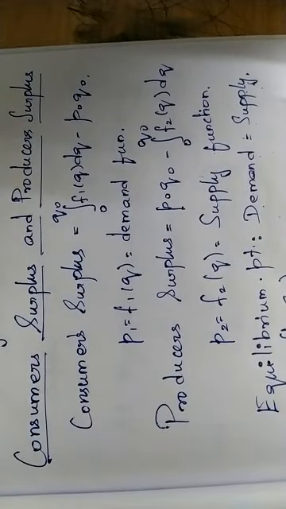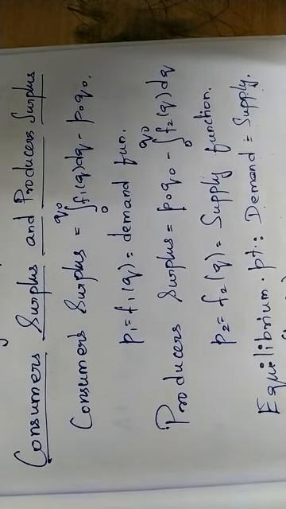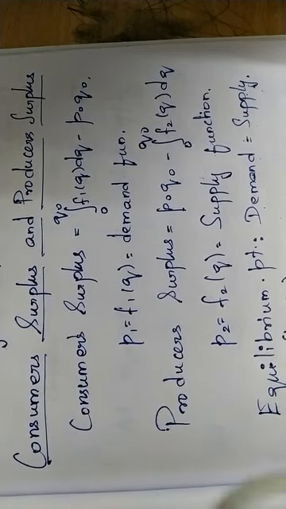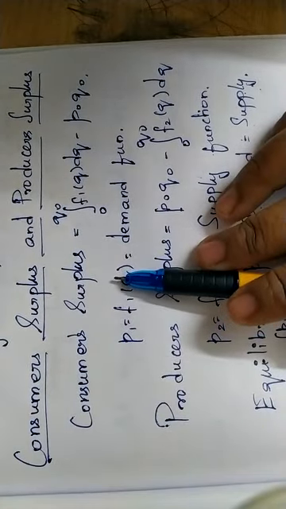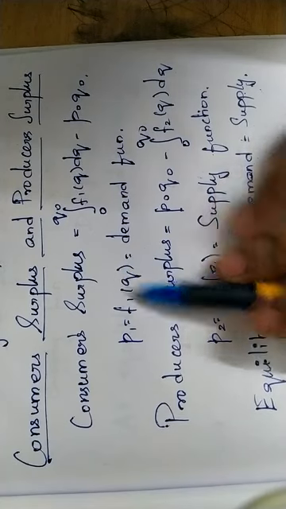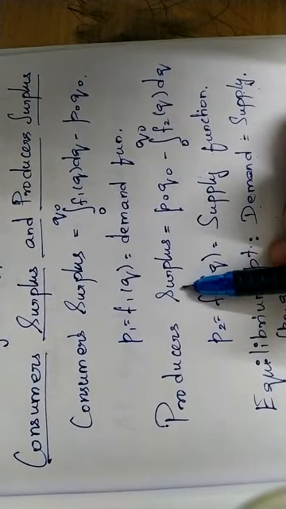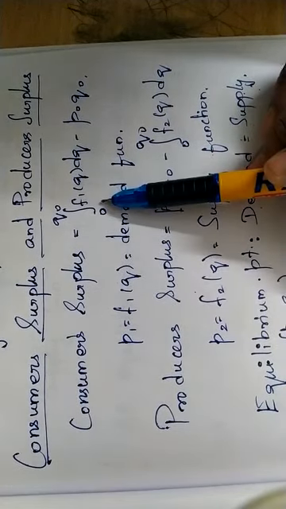Hello students, in this class we are going to see consumer surplus and producer surplus, which is another application of integration in economics. Consumer surplus is nothing but the surplus quantity which the consumer side has. Similarly, the producer surplus is nothing but how much quantity in excess the producers have. We will be calculating consumer surplus and producer surplus using the integration concept,